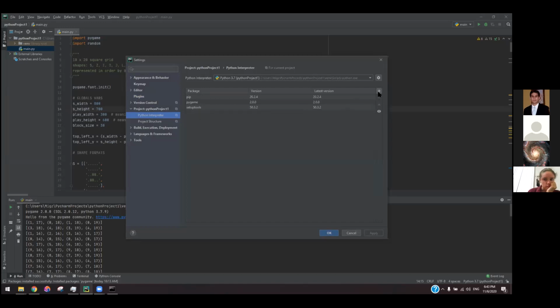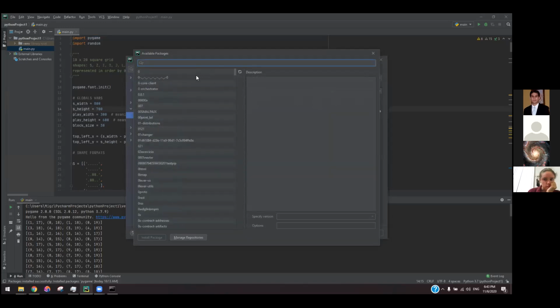So you just go to plus, and you pick what you want to do. You want an appearance? You can change the appearance, play with it. It's fun. Then you go to interpreter, and you just add another one, and tell it whatever you want.